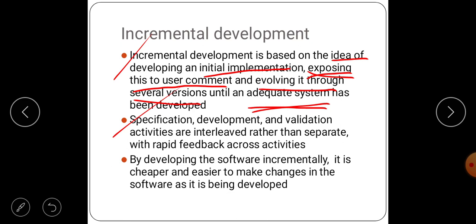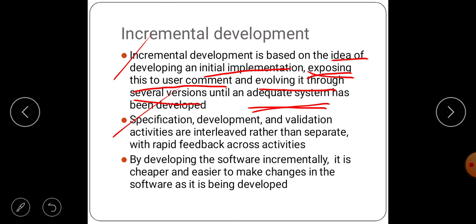Specification, development and validation activities are interleaved rather than separate. I told that in this incremental development, the specification, development and validation activities are interleaved, meaning there is a small gap between them.